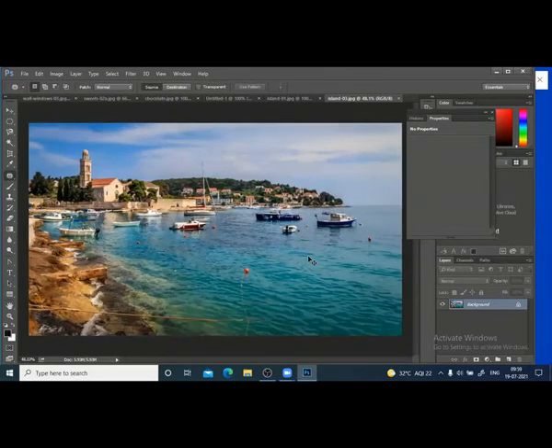Control 0. I want to delete this from here using the patch tool. We are going to learn about the patch tool now. So this is the third one, the patch tool.